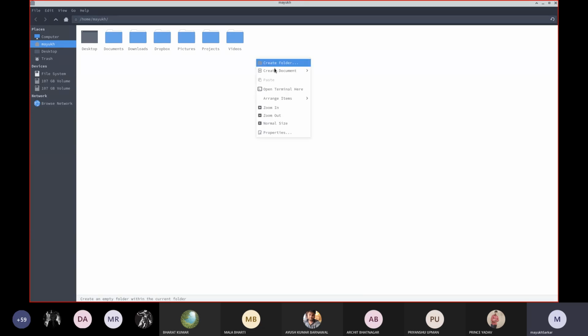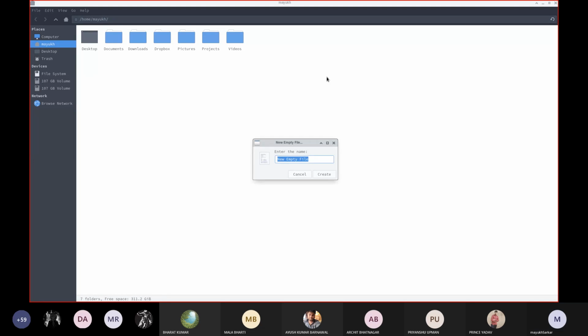Because if I create a new file here, that got reflected immediately, right? Because whenever I created a new file here, the file manager GUI got the information that there is a new file at the current location.